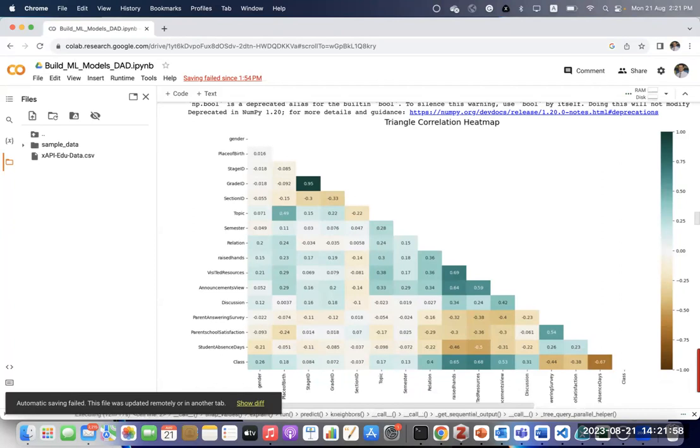The class is the mark, to present the mark of the student. As you can see, we have some high correlation with the absence days. If the absence days go up, that means the mark will be low. It's negative. Also we have a correlation with the physical resources, how many times you visit the resources.